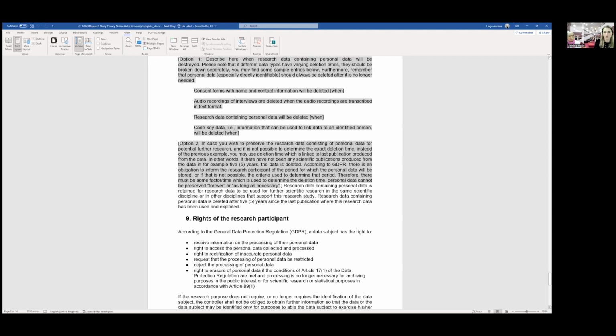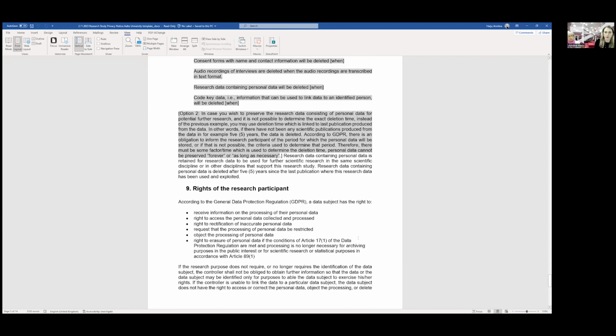But this is now the actual research data that you will be using to do the research and analyze this data set. So what we use in many cases is this kind of sort of open time, because